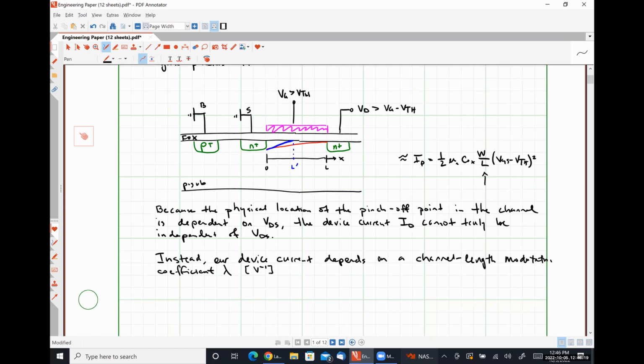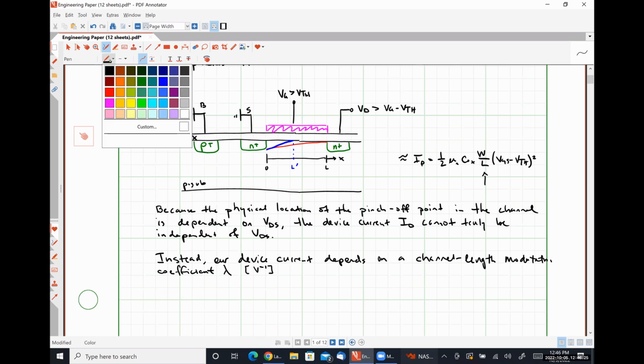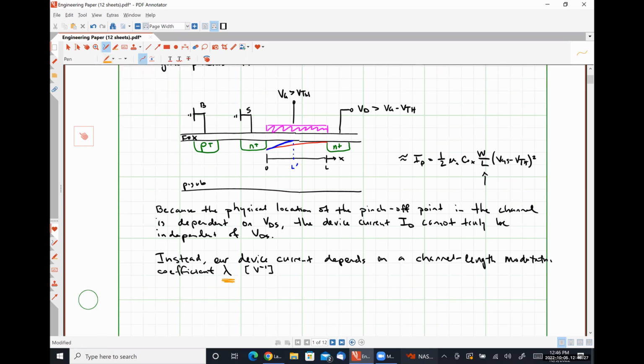And if it has units of length, it's obviously a scaling factor. Hopefully that's not too ambiguous, but I just want to make a note here. This is the symbol for our CLM coefficient, and I'll have to go back through and figure out some other thing later on. But anyway,